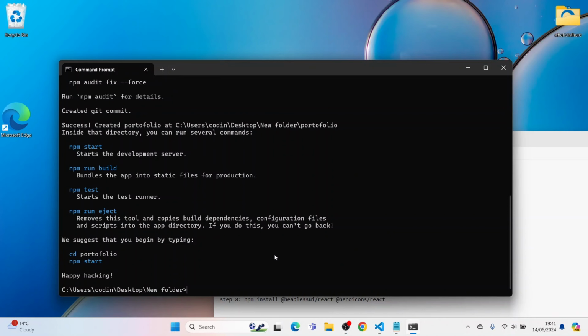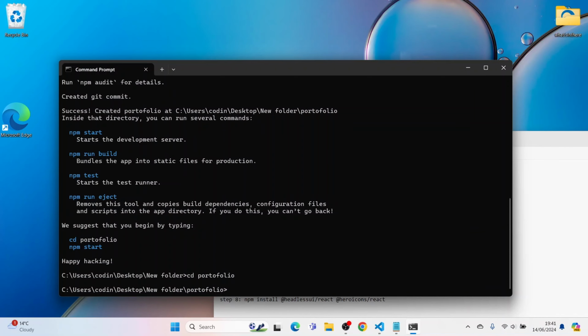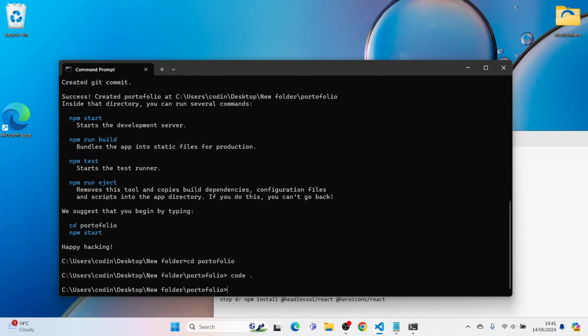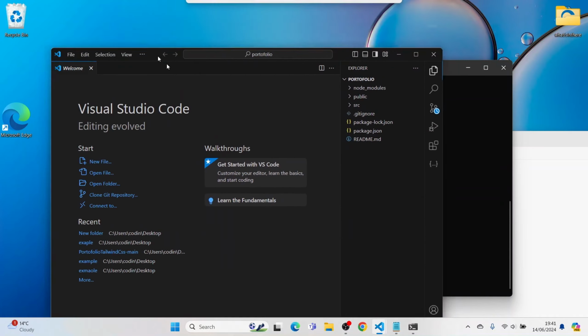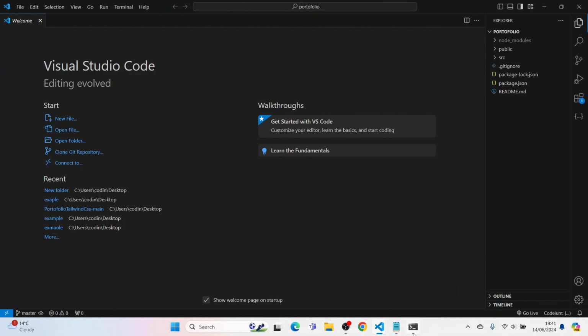So you click on this and we do cd, and we obviously call this portfolio. So we're gonna go cd portfolio. It's gonna go into the folder. We're gonna go code dot, and it's gonna open VS Code. For me, it opened in the other screen. I'm just gonna get it right into here. We don't need this anymore. Get rid of it. Right, so this is the one that we have,